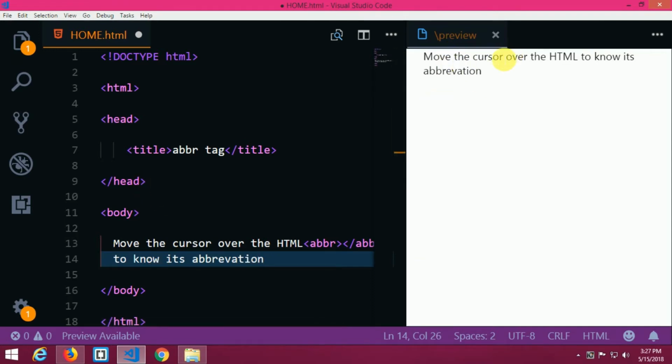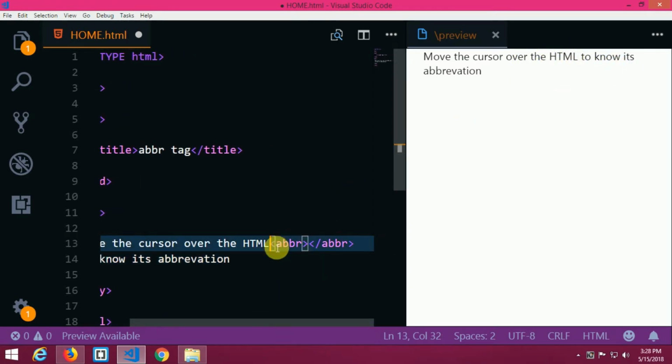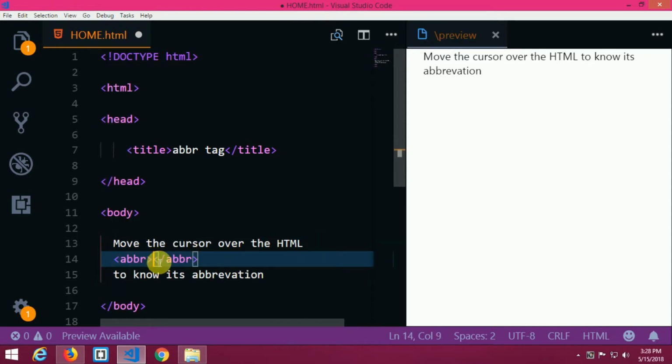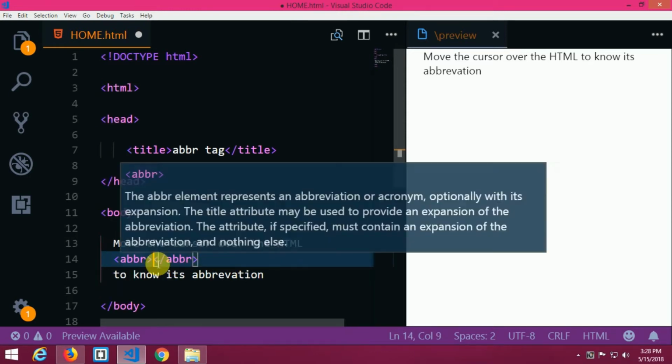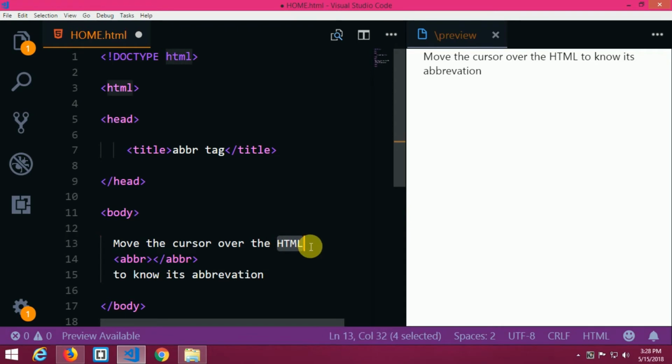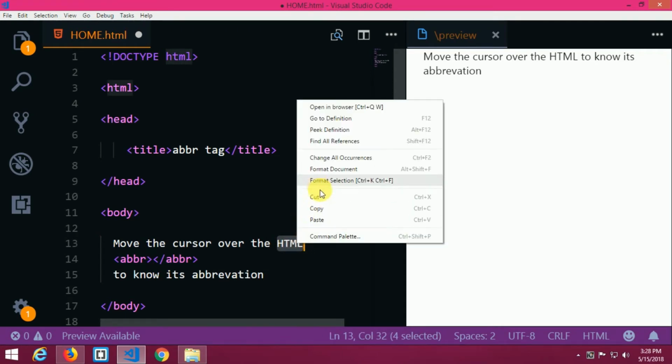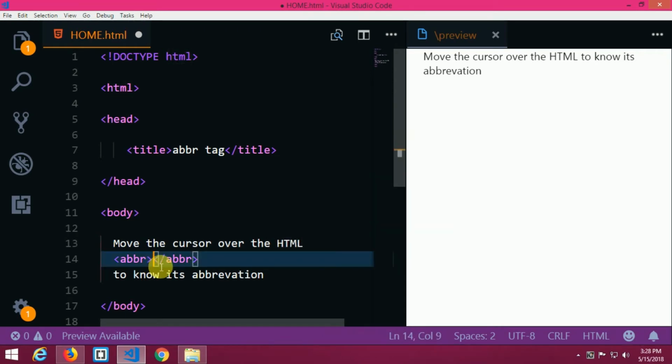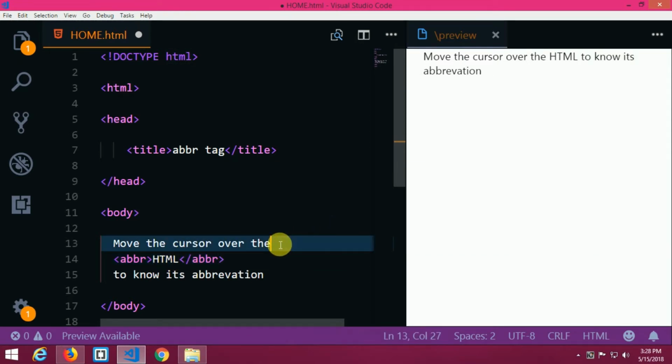So what I have written is: move the cursor over the HTML to know its abbreviation. The abbreviation tag does a very important job here. What I have to do is copy this HTML and paste it between these abbreviation tags. So I have pasted it, you could see it very well.